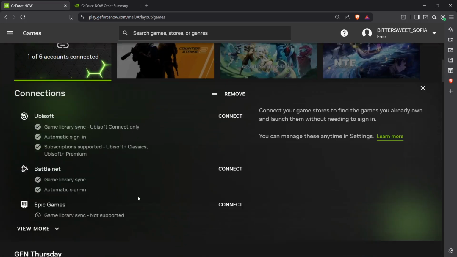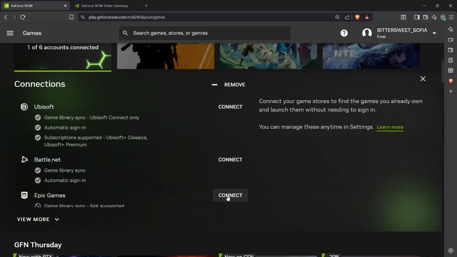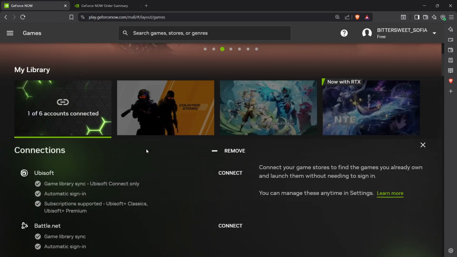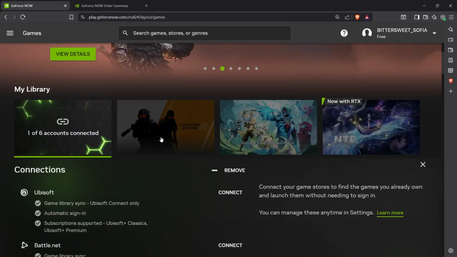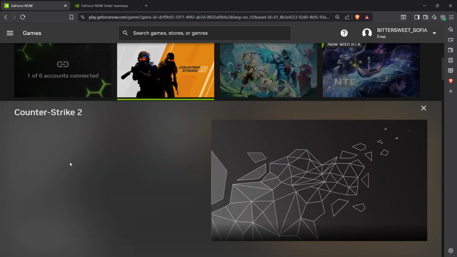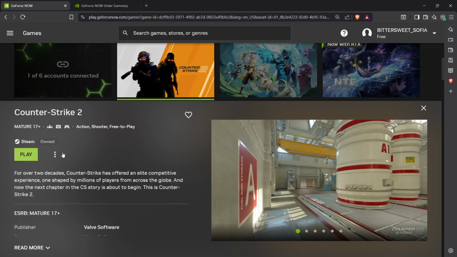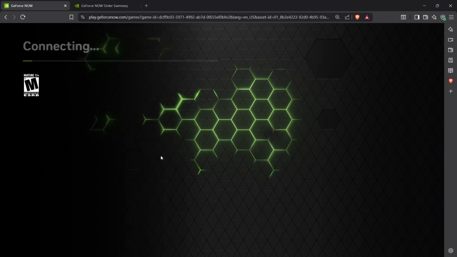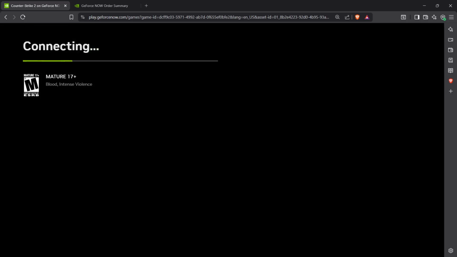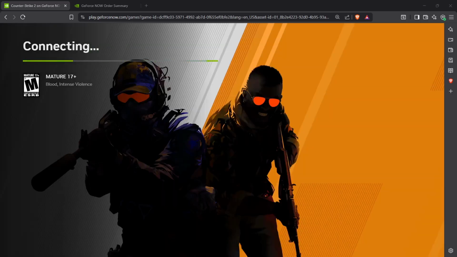With everything connected, you're ready to search for a supported game that you want to play. Use the search function on the GeForce Now platform to find the games in your library. Once you've found a game, click on it to launch. GeForce Now will handle the heavy lifting, allowing you to enjoy smooth and responsive gameplay even if your hardware isn't the most powerful. Congratulations! You have now successfully activated GeForce Now and are ready to enjoy a wide range of games across different platforms.